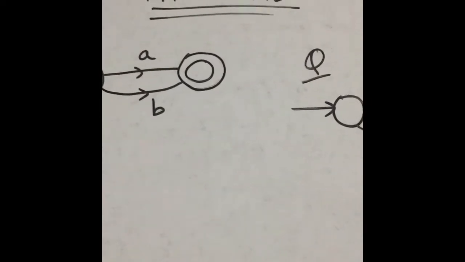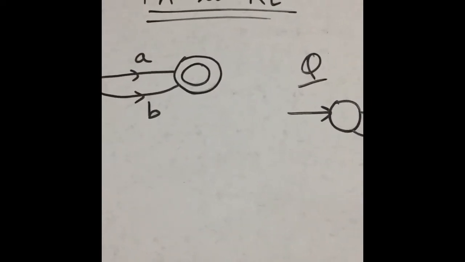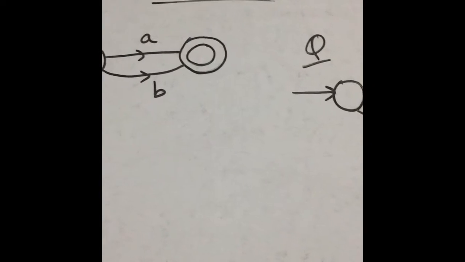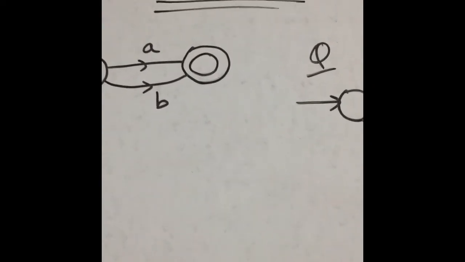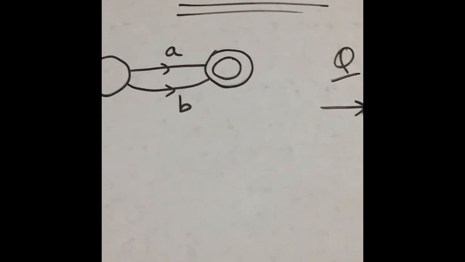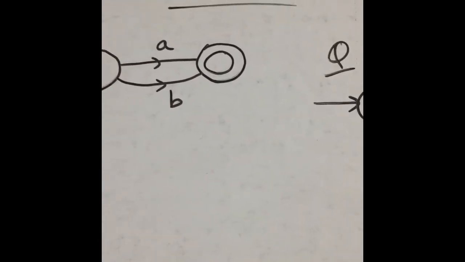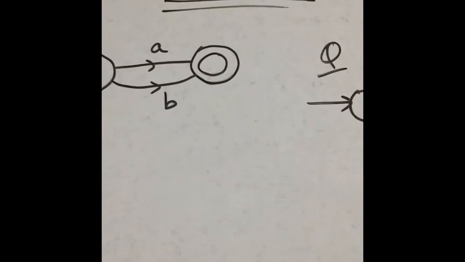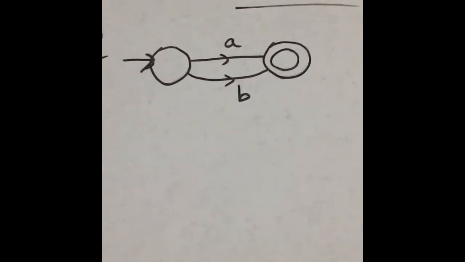Today we discuss how to convert a finite automata to a regular expression. In the previous video I already discussed some steps, I think 3 steps, for converting a finite automata to regular expression. Now let's apply those 3 steps in an example. The first example is